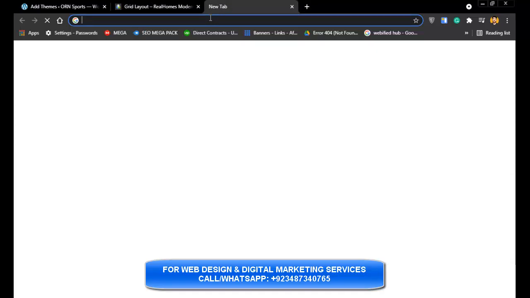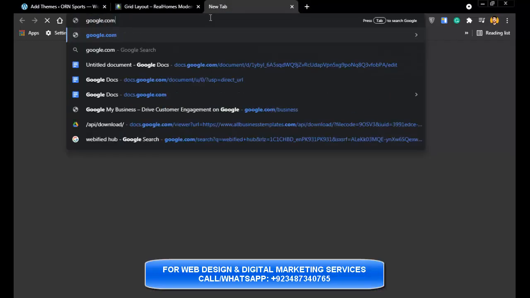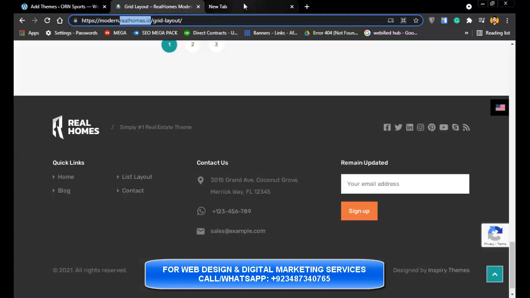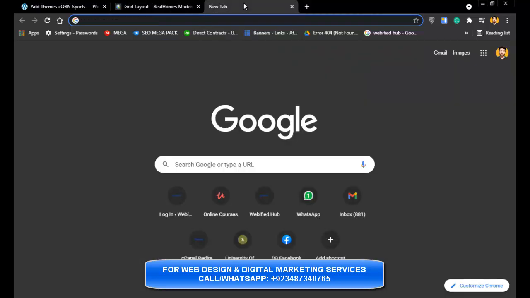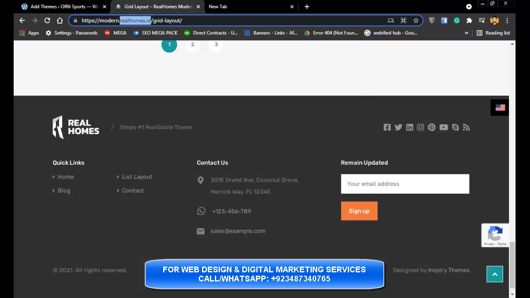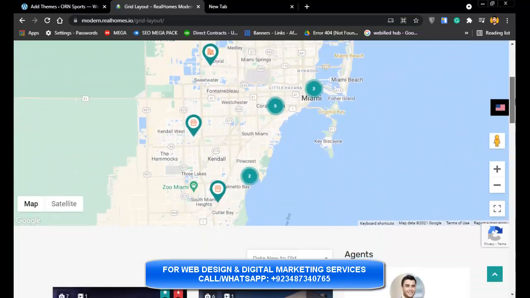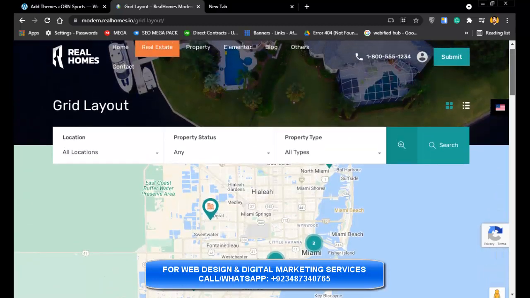You can see if we type google.com, google.com is the name of the website, and like that your website also needs a name by typing which the users can go to that website. So you need that name of the website, and that's it. And you need a hosting where all the files and data of the website will be stored. Let me tell you what hosting is. Hosting is a computer where your website and data are stored, and it's connected 24/7 to the internet.